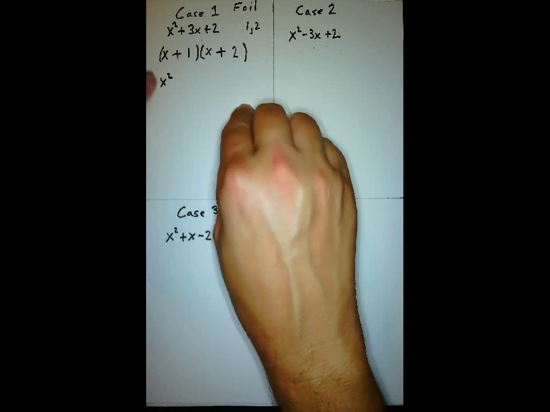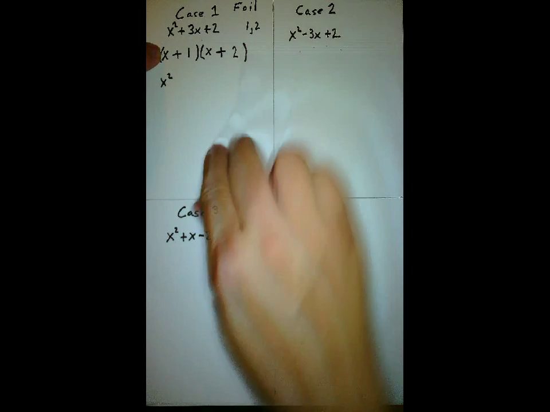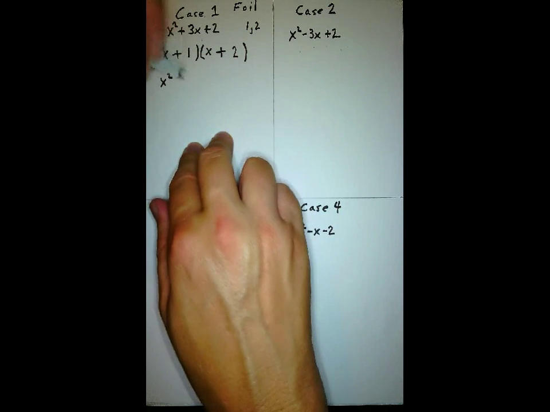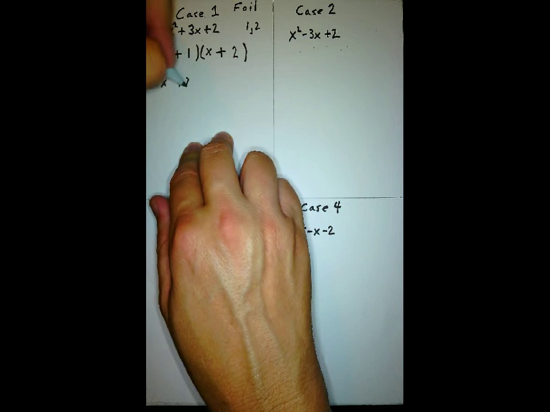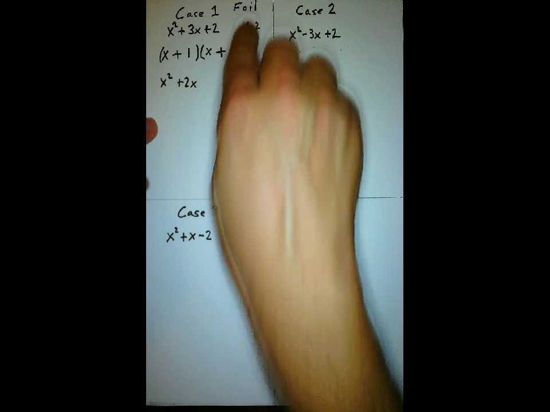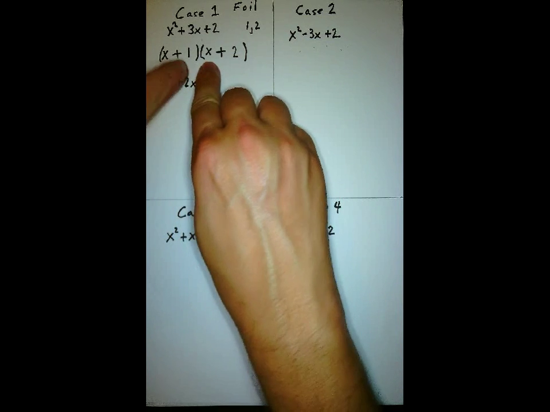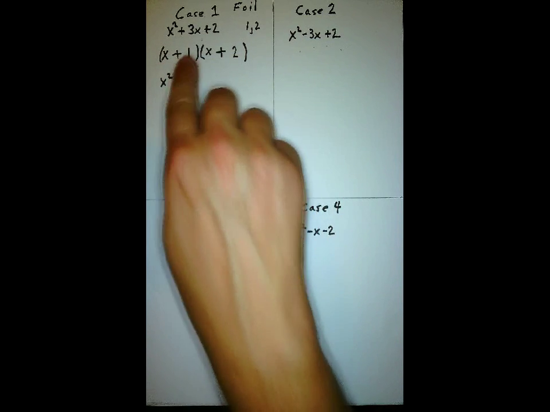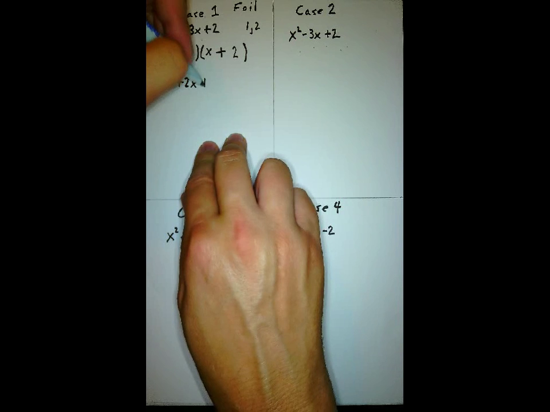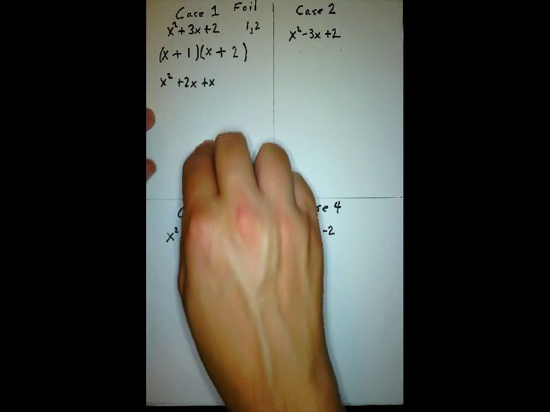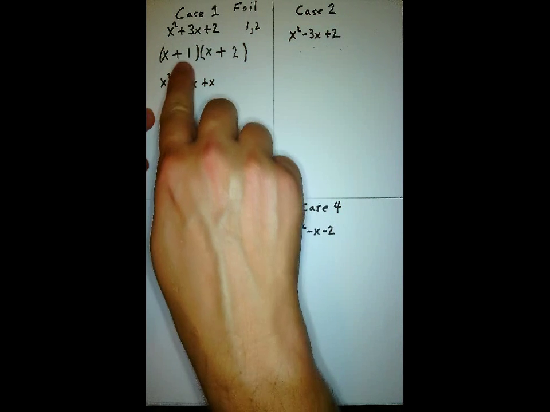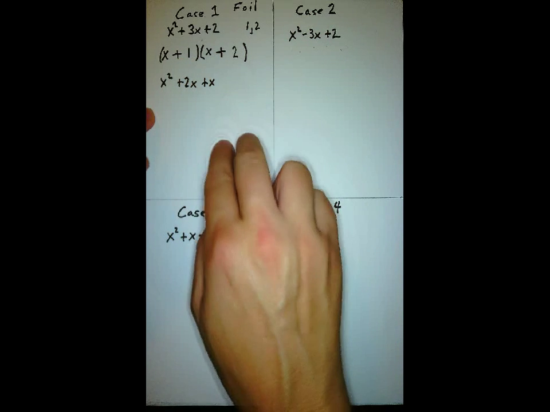And then O is outer, so that's the outer 2 terms. 2 times x is 2x. Then I is for inner, so that's the inner 2 terms. 1 times x is x. And then L is for last 2 terms. 1 times 2